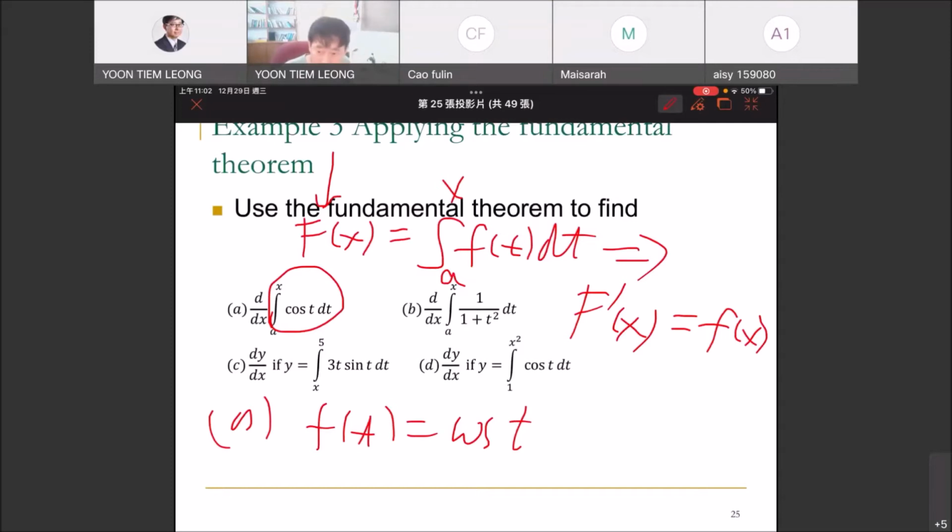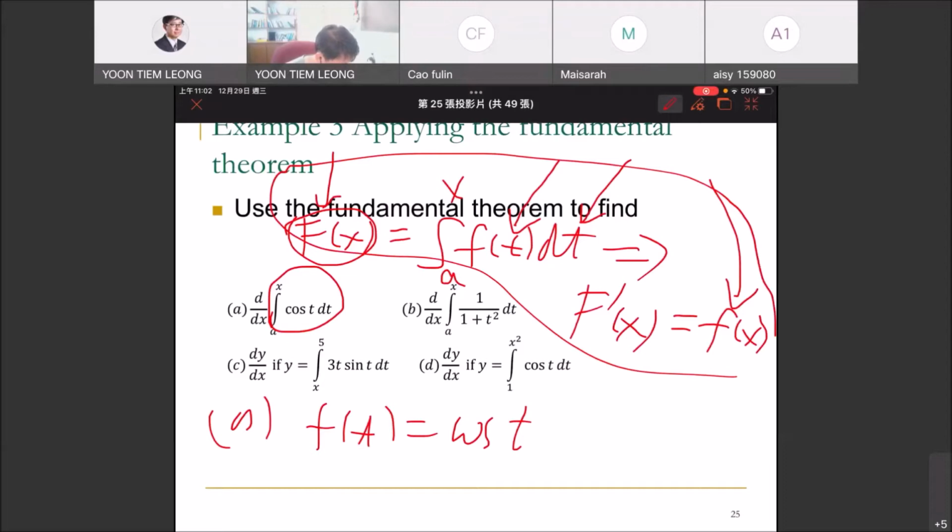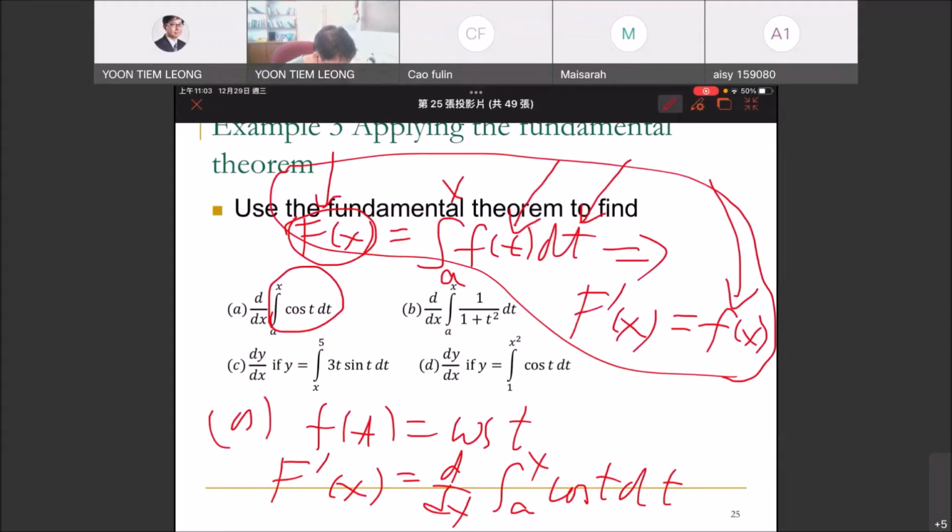Here, the small function f, when you integrate it, you integrate in the variable of t. But when you take the derivative of the capital function F, it returns the original small function in terms of x. So this is just guaranteed by the theorem. You can just use it as it is, so you don't need to do anything. It just shows that the derivative of F(x), which is d/dx of the integral from some constant a to x of cos t dt, you don't really need to